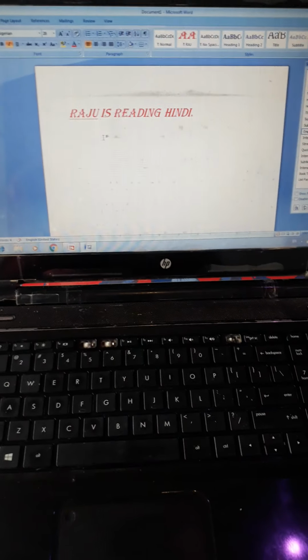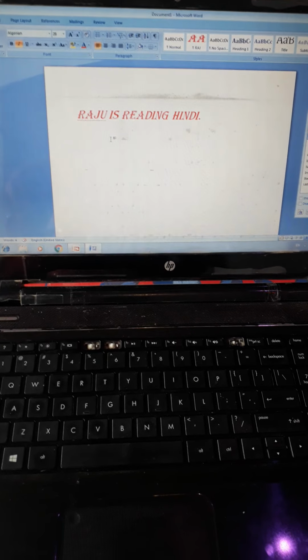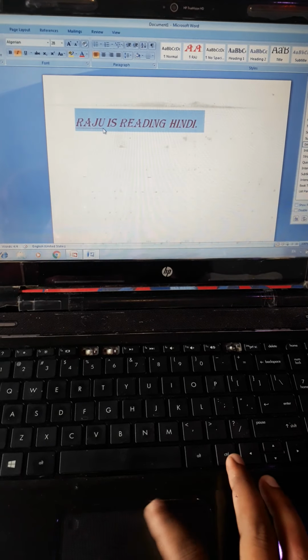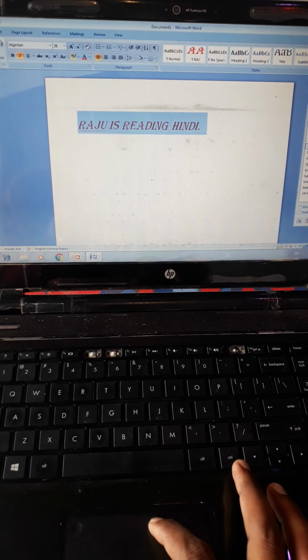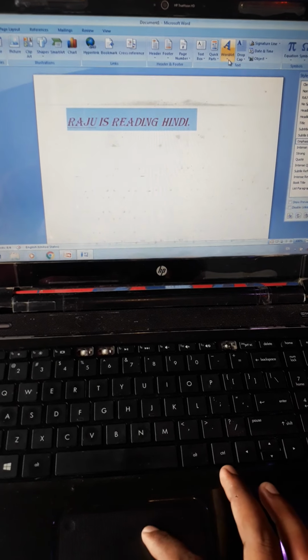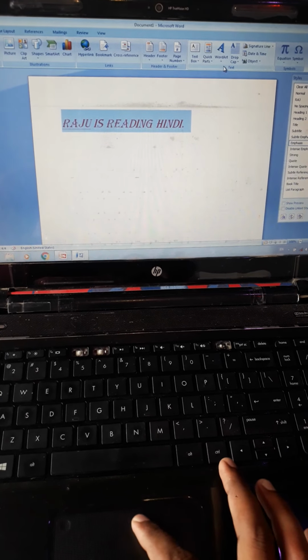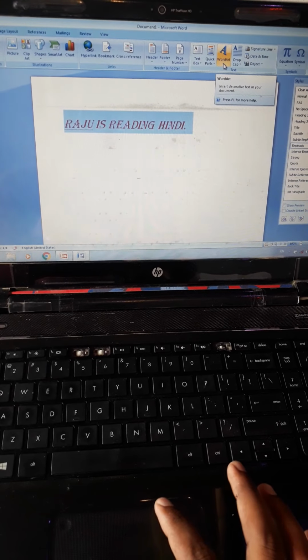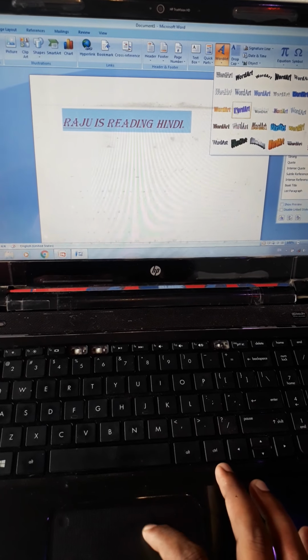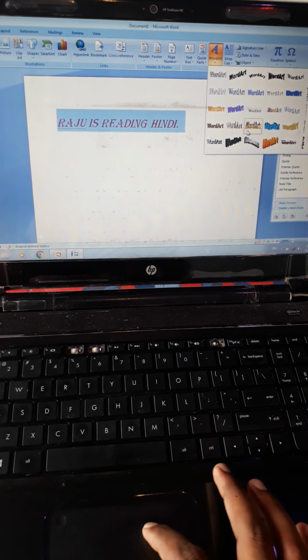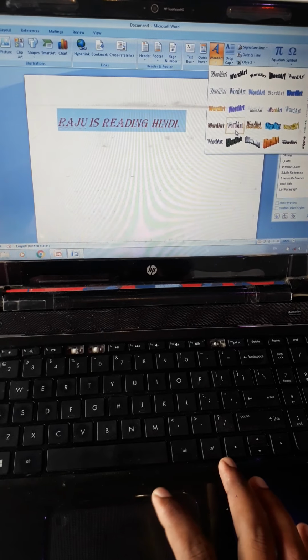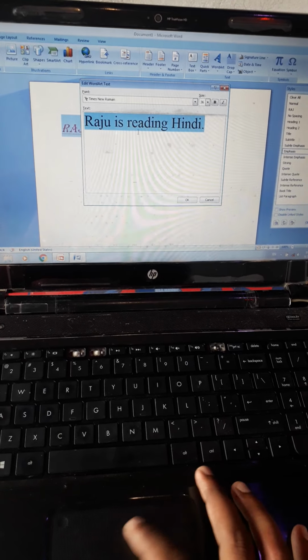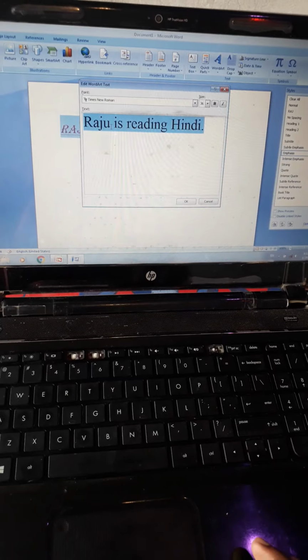You can see here is our text. So I am going to select first by pressing Ctrl plus A. Next we have to click on the insert, and then you can see in the text group has given word art. So I am going to click on the word art, and now according to our choice you can select any one. So I am going to select this effect. You can see, and after this one menu appears here.